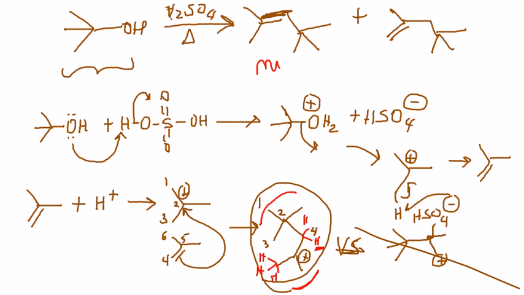So this guy is your minor product, and the other one that is basically formed by the loss of one of the three hydrogens as the proton, that is going to be your major product. And the main reason for that is steric hindrance. Now, when you read through the reaction procedure, you have to begin with 10 milliliters of water and 10 milliliters